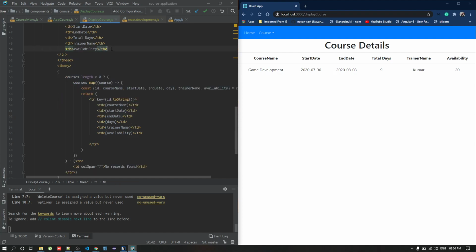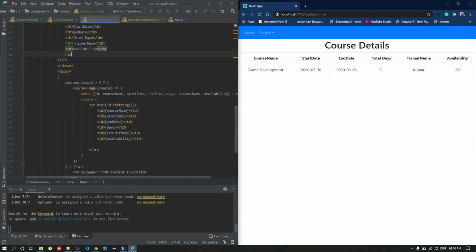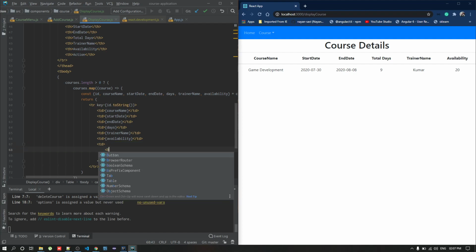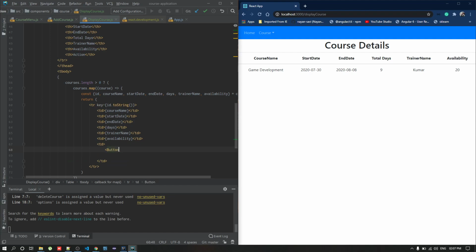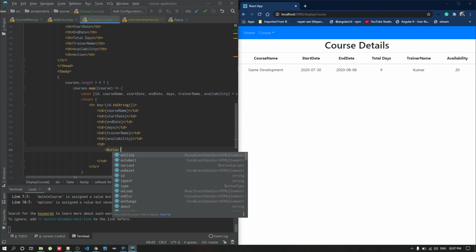So I will be adding this header, that is action, and we need a button for it. I'm picking the button from React.